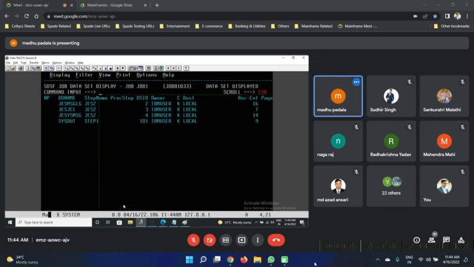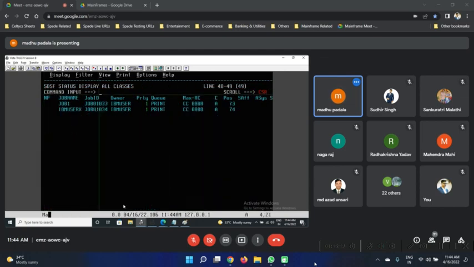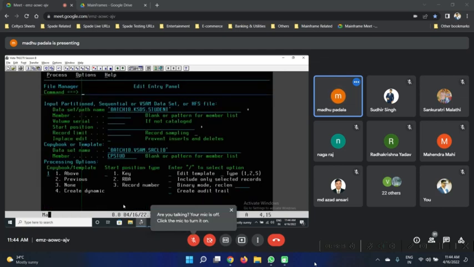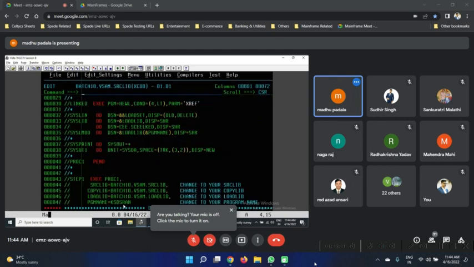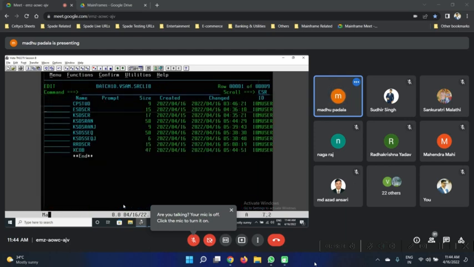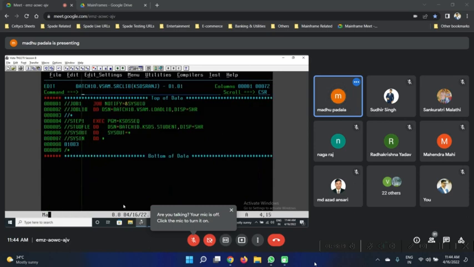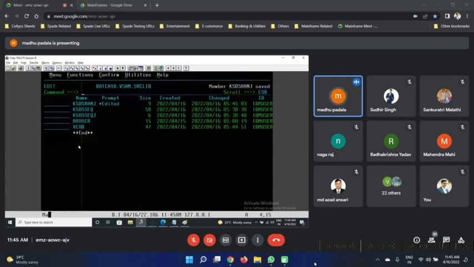Successful compilation. Compiled successfully. Now let's go to the JCL. KSDS random JCL. So the KSDS program name is random. I'm using a 01003. And also, sorry for that, I want to display